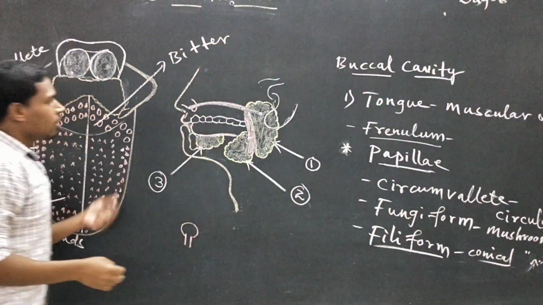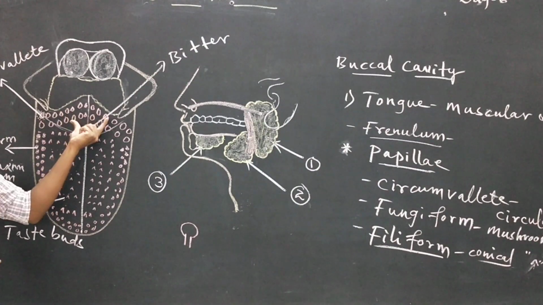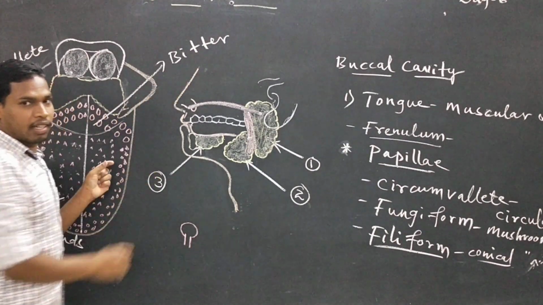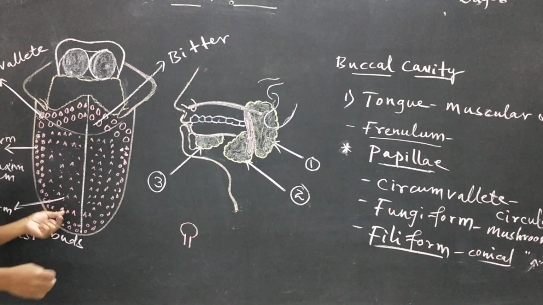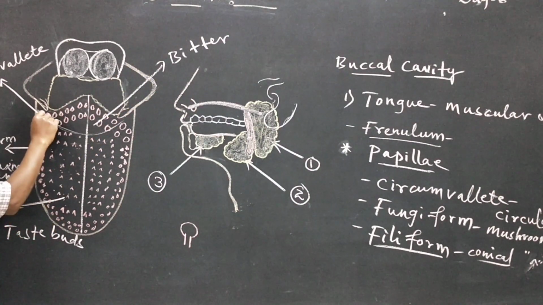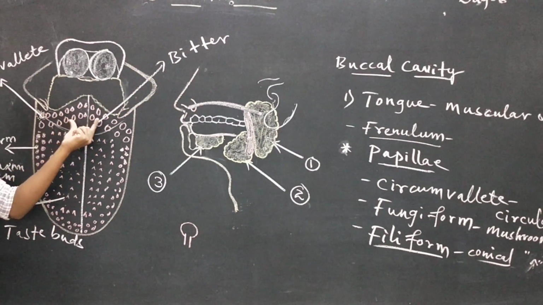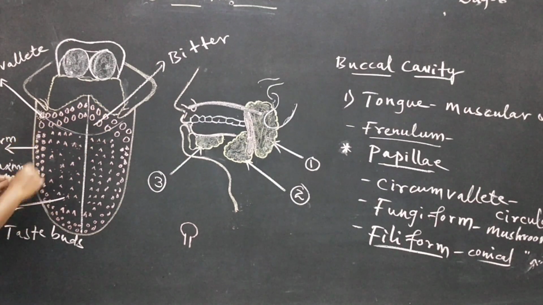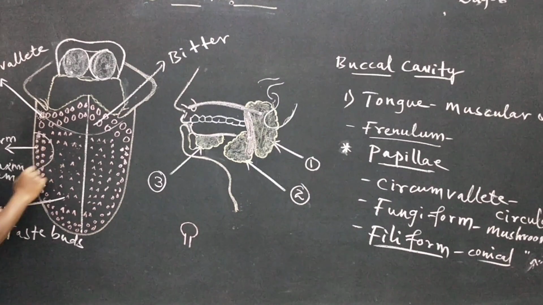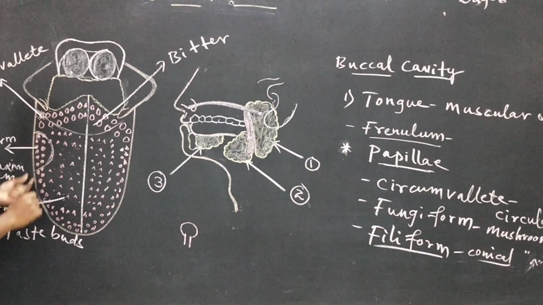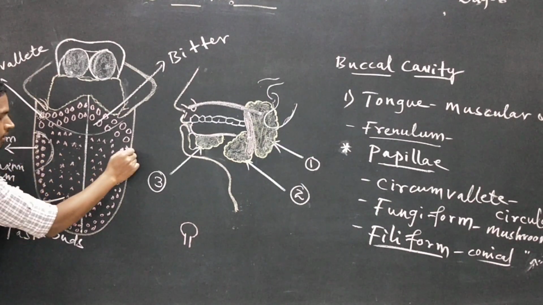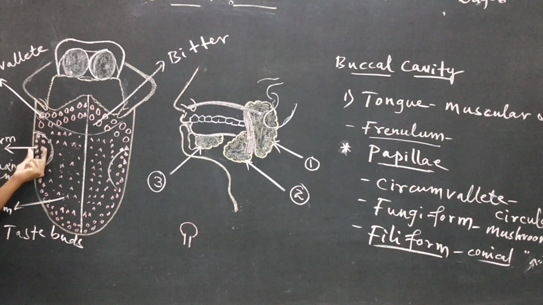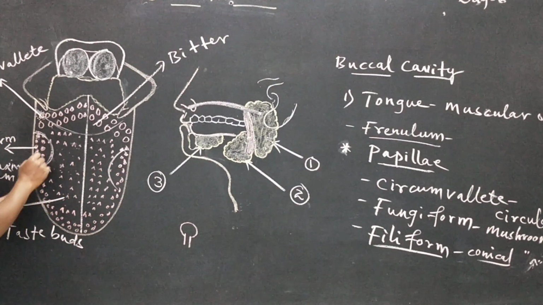Okay, we take food, but only this portion of our tongue is predominantly detecting the taste known as bitter. And next part, why are they detecting taste? Because they have taste buds. And next, we have the side parts of our tongue, and they will detect taste, and that taste is